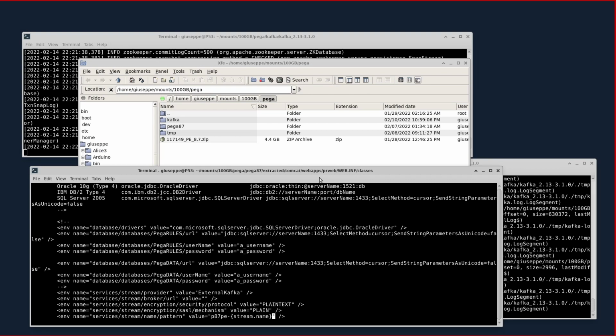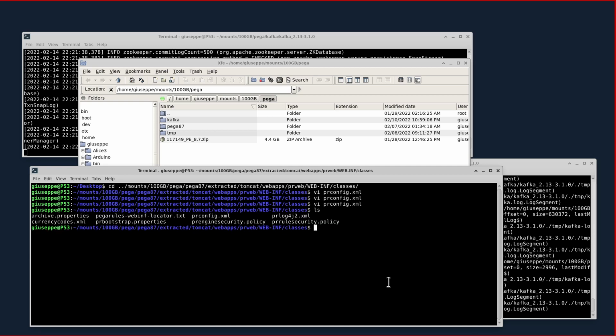Pega uses this placeholder here in order to fill in the names of the streams that it uses for internal processing and also for streams that you produce as you develop. And then finally, the broker URL, which in this case is just our own computer, and the default port that Kafka uses. We didn't change it. We're not going to touch logging, so prlog4j.xml can stay as is. The only other thing that might have to change